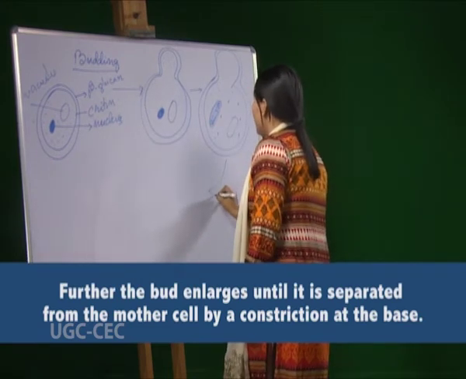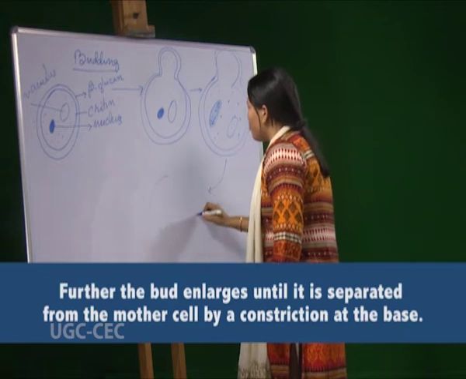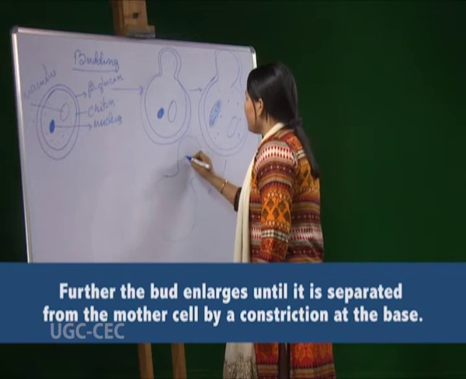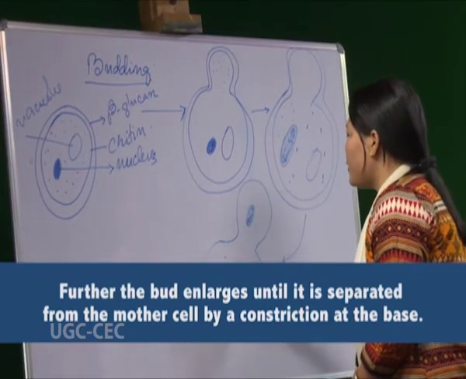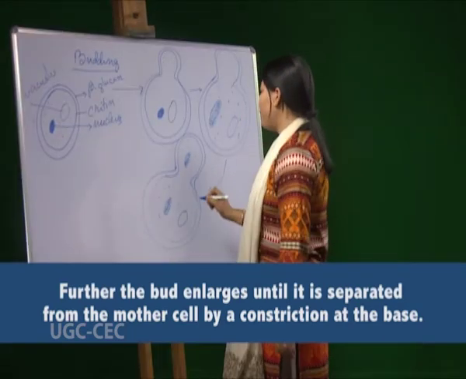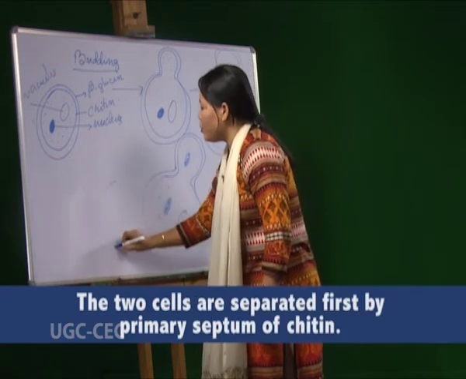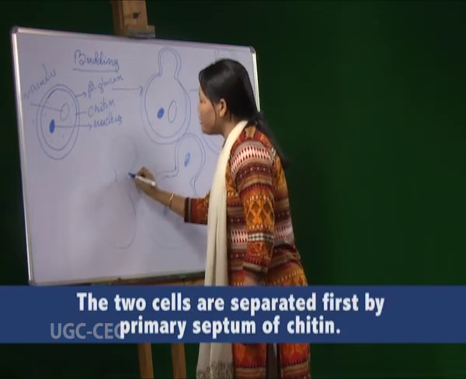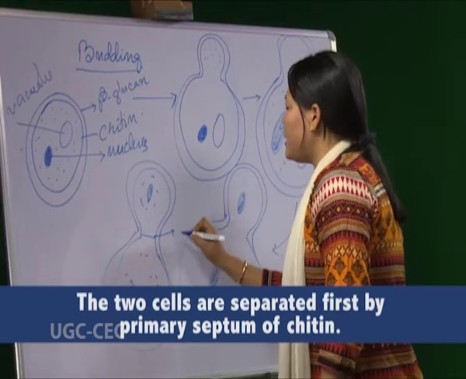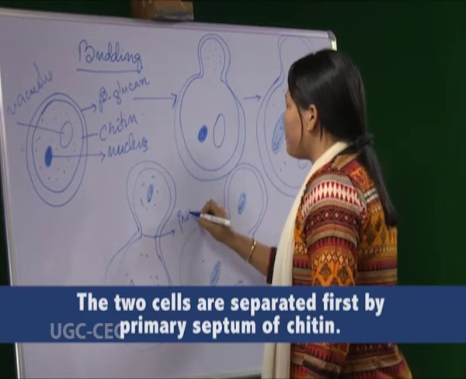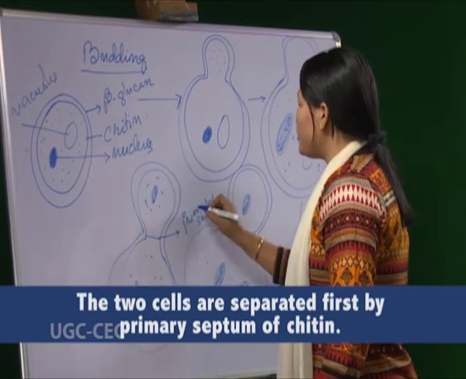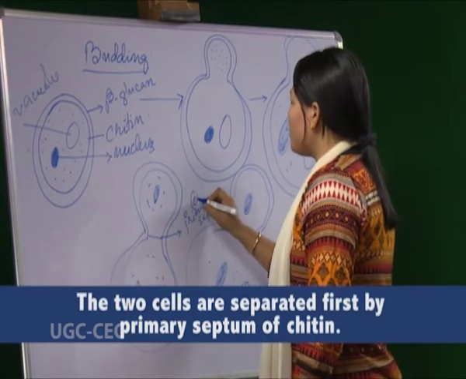And next, this will result in the transfer of the nucleus into the daughter cell. This is the vacuole. These are the cytoplasmic content. And further, the primary septum will be formed. Primary septum is made up of chitin. So this is the primary septum, which is made up of chitin,